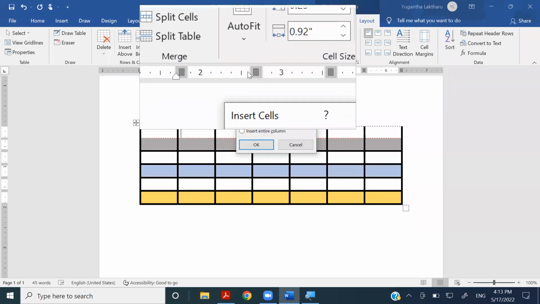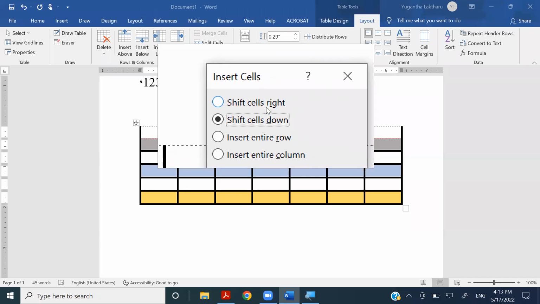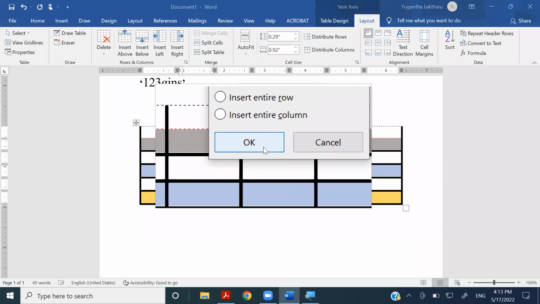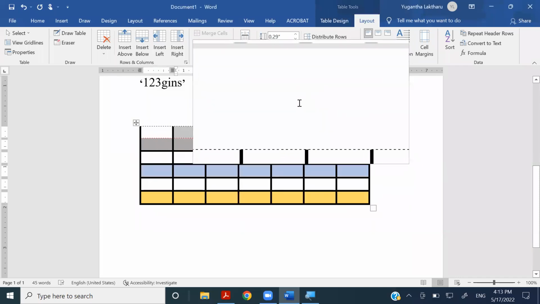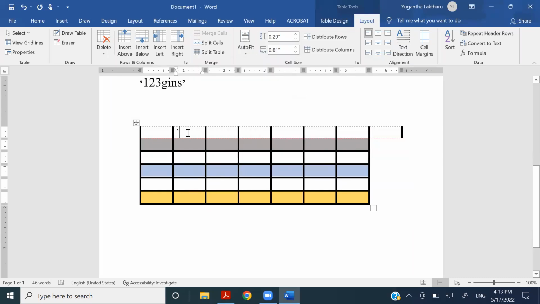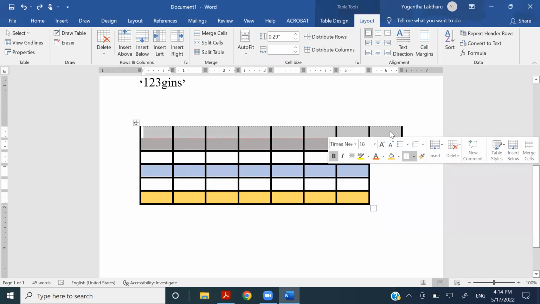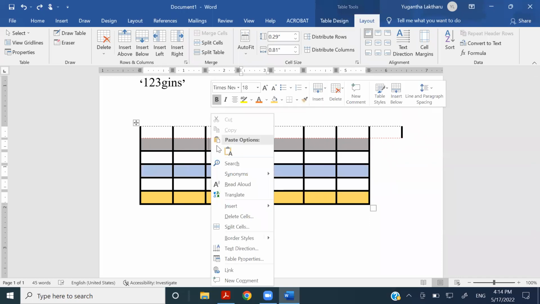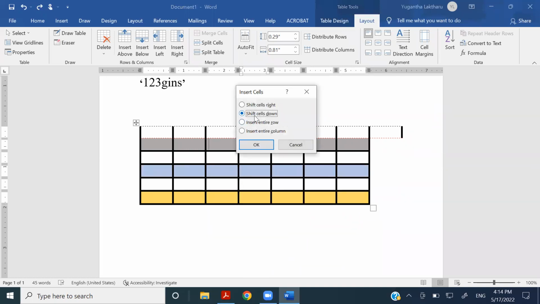But if you choose shift cells right over here, right, then press OK, see what is happening. See, now it has inserted a new cell, and what happened to the cells? They have been shifted to the right, right? And look what happens when you insert a particular cell, and if you're given the option of shifting cells down,